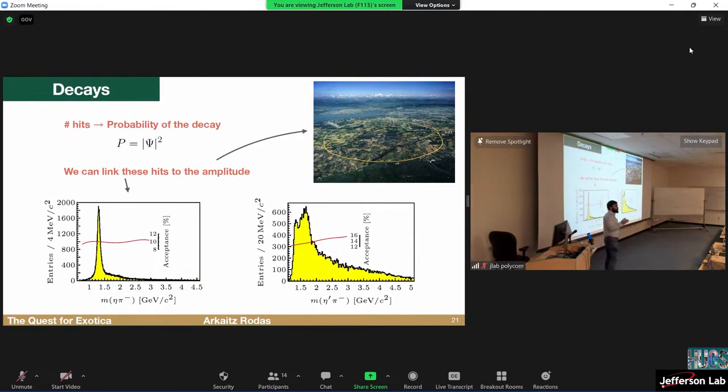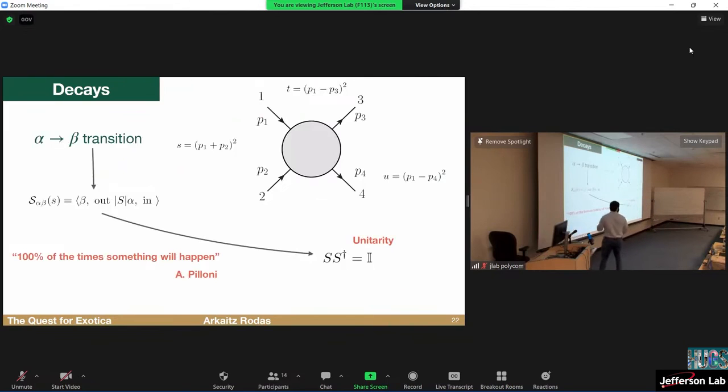So now, how is this related to QCD? How is this related to amplitude analysis? The idea is that the number of hits that we count is related to the probability of a given decay to be produced. This is quantum mechanics, quantum field theory, nothing new. So whatever we do here in the accelerator, at the end of the day, it looks like this in the data. And this is going to be related to our amplitudes, to these transition amplitudes, decay processes, scattering, etc. So let's start by defining, again, my favorite variables, the Mandelstam variables.